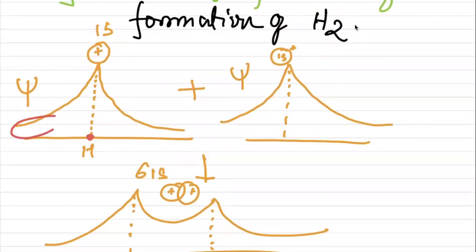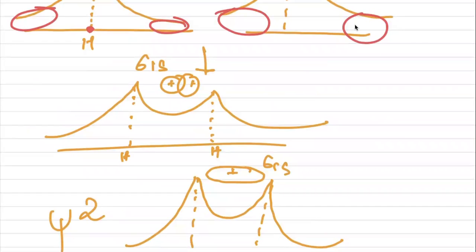And in this region and this region, you can say that the finding of electrons is very less over there. If we consider this region too, the more you go far from the nucleus, the probability of getting electrons is less and less. But here, see this region, the probability of getting electrons is very high in this region.